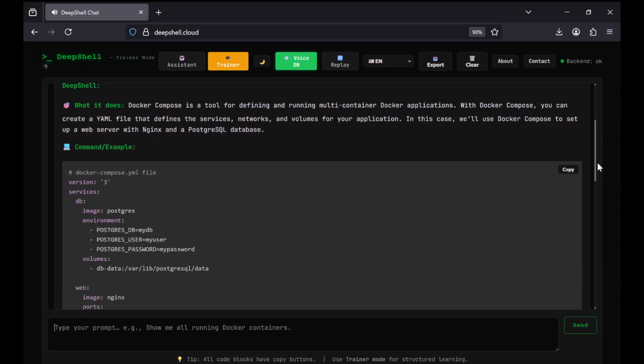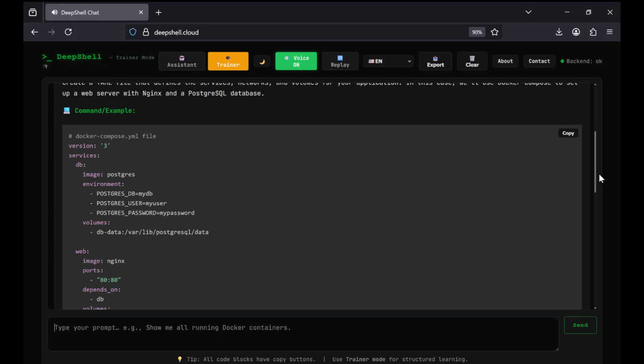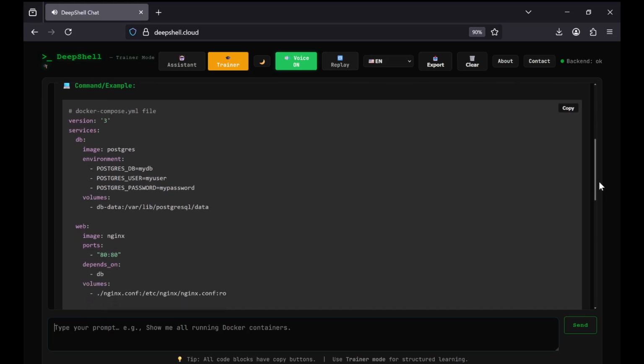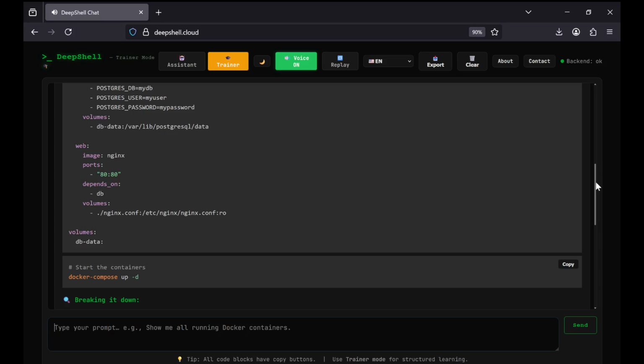Command/example. YML. Docker Compose YML file. Version 3. Services. DB. Image: Postgres. Environment: POSTGRES_DB equals mydb, POSTGRES_USER equals myuser, POSTGRES_PASSWORD equals mypassword. Volumes: db-data:/var/lib/postgresql/data. Web. Image: Nginx. Ports: